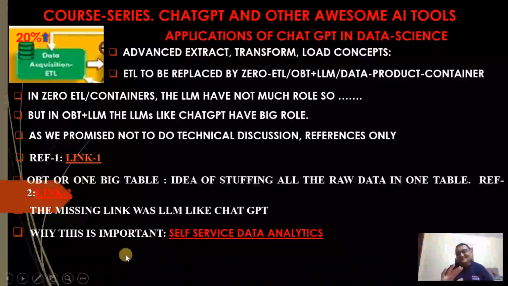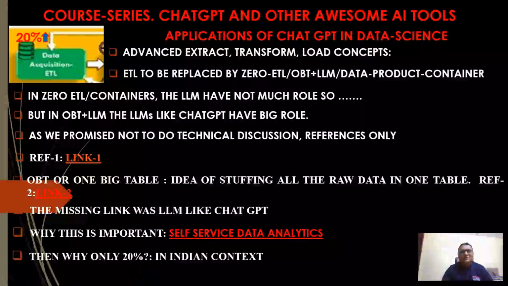So currently we are still with SQL and Excel, and don't worry, I am also not going into all these complex things. This was just a rare lecture in which I wanted to familiarize you. That's why I have written that only 20% of the task can be automated, because I assume that we are going to use conventional extract, transform, load for the coming time. Particularly in the Indian context, I think SQL and Excel will dominate for a long time,